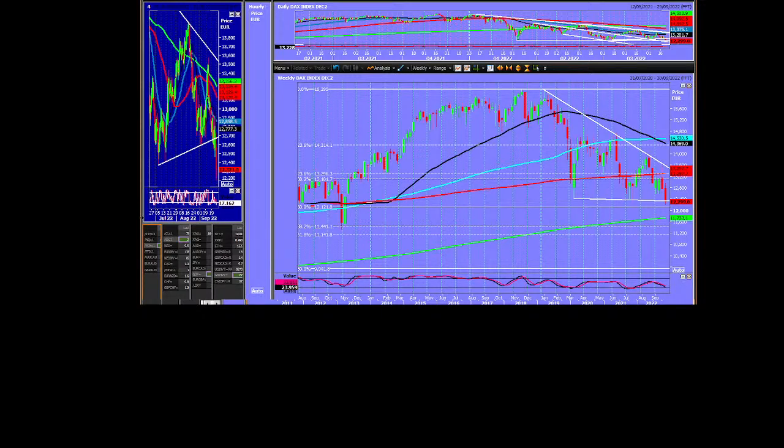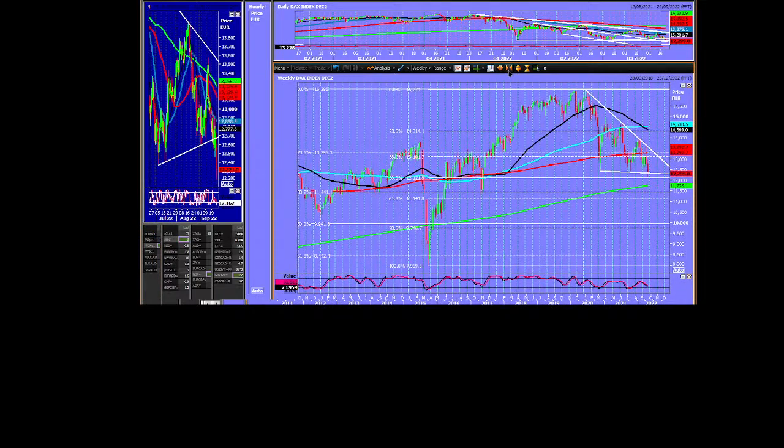So if we start gapping lower on Sunday night, Monday morning, like if we get an opening gap to the downside, it shows you that there are some aggressive sellers out there. And I think those aggressive sellers would be the guys that took the profit on the Friday, ready to get back into the short on the Monday. We'll see. Don't know. Just me guessing. So watch for the gap. A gap lower would be a breakaway gap, and if you know what a breakaway gap is, it just shows that there's aggressive selling right on the open. Nobody wants to hang around to see if there's going to be a bounce. They just want to get short.